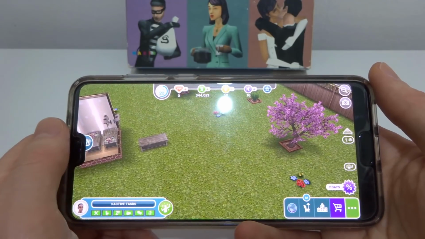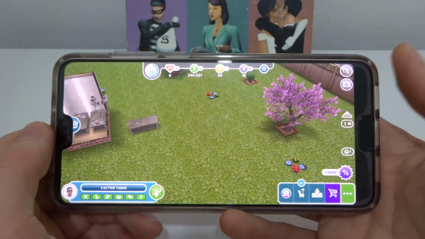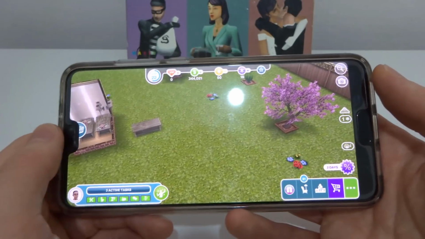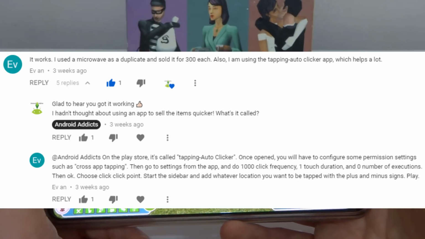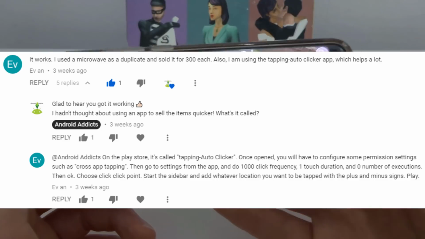Hi, it's John from Android Addicts again with a short video showing you how to quickly sell your inventory items in the Sims Freeplay. This was pointed out to me by a user on YouTube called Evan51298, who followed my